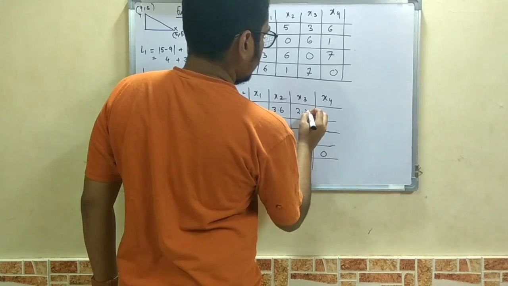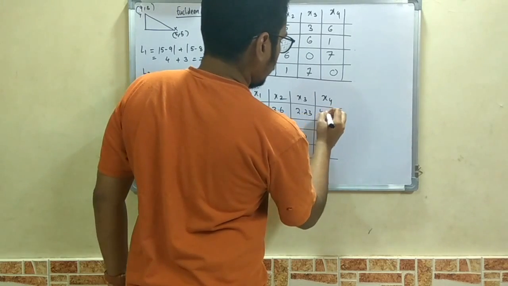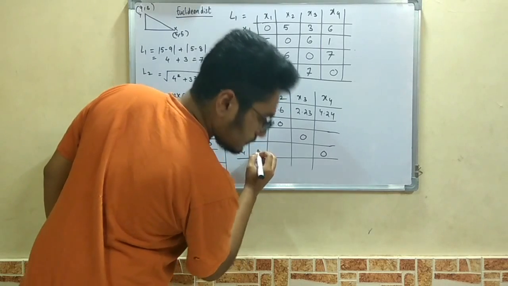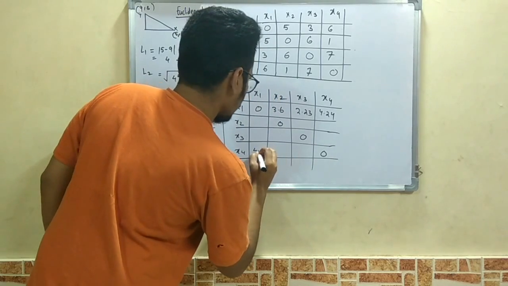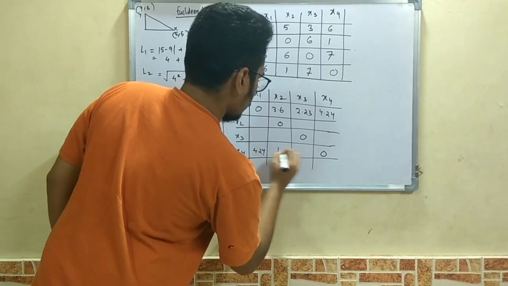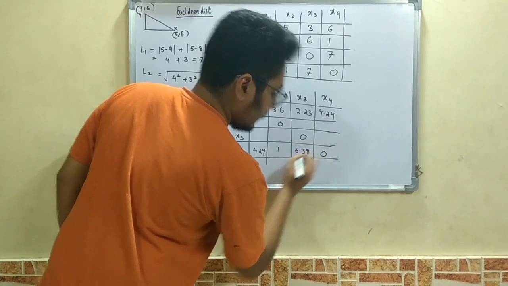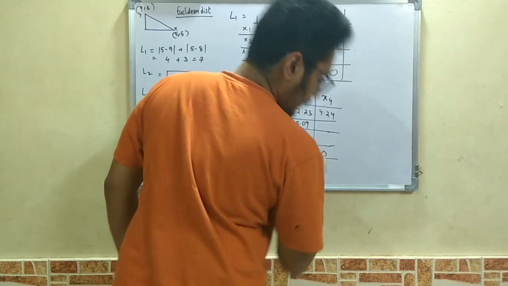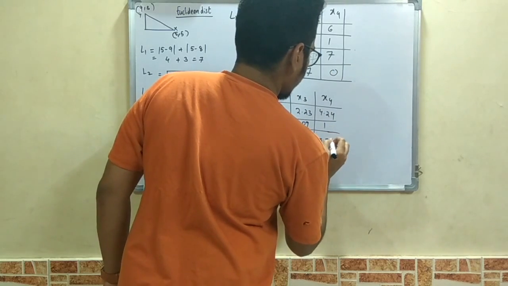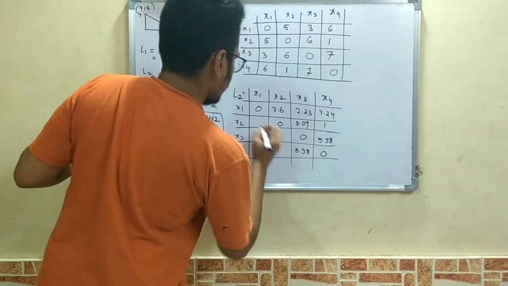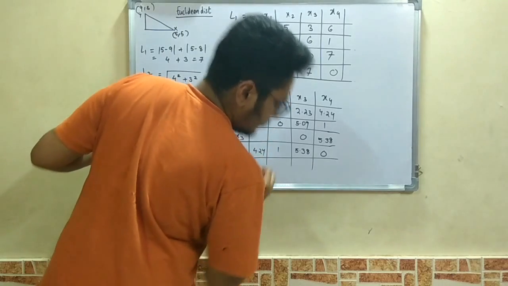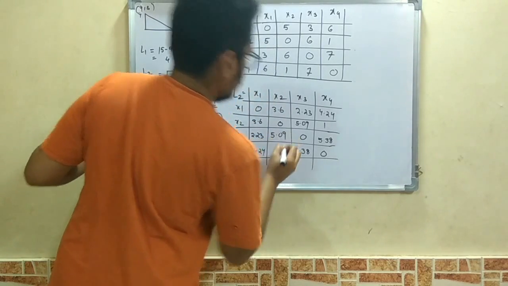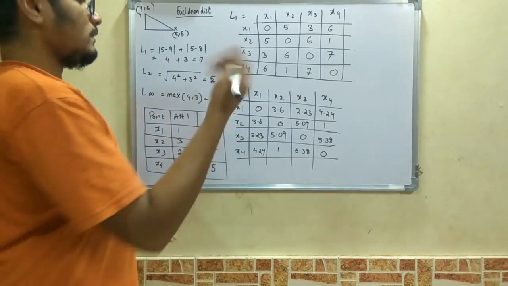Next you have 2.23, 4.24. Next x4, x1 is 4.24 and 1 and 5.38. Next is 5.09 and 1 and 5.38. Next is 3.6, here it is 2.23 and 5.09. So this is the table after we